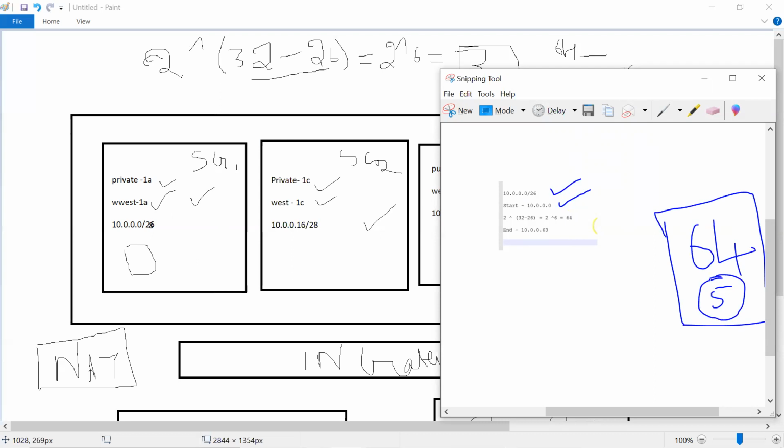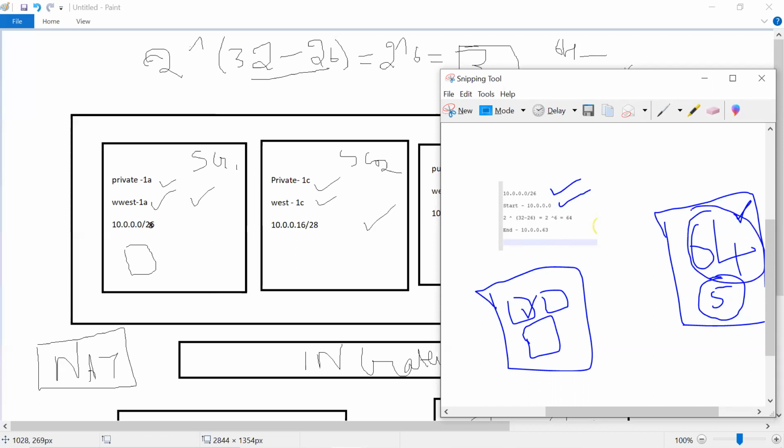I'll show you live. Once you're creating resources that you are provisioning, each will be assigned an IP address out of the 64. How did we get this number as 64? We are provisioning 10.0.0.0 up till 26.